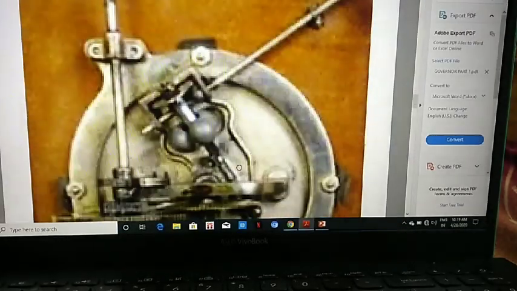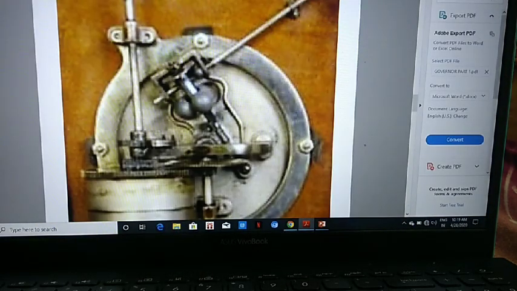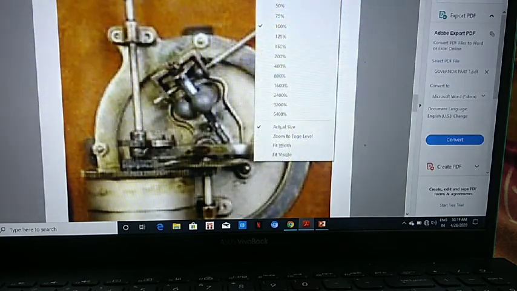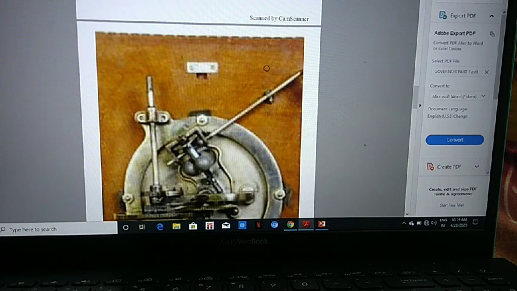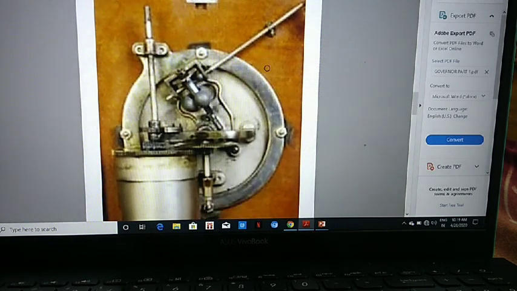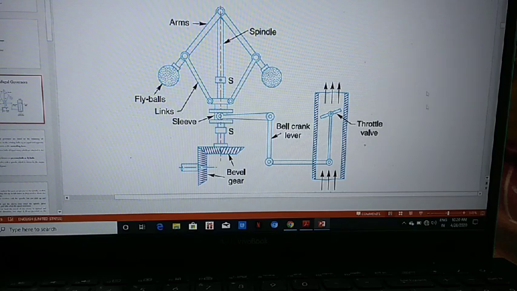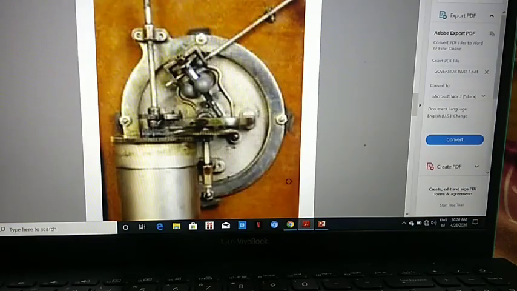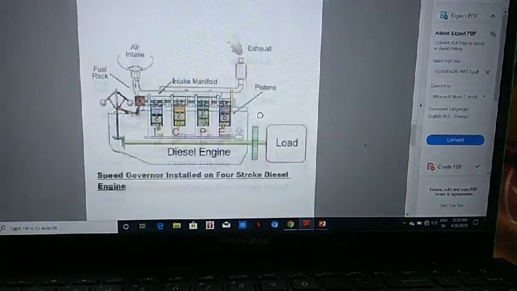We are now able to see some of the governors which were used in the very old days. First of all, the term governor was derived in the 17th century by James Watt, and he used the concept of centrifugal governing. The first figure was derived by James Watt. It is the first primary, very old gramophone in which a governor is used to control its speed.